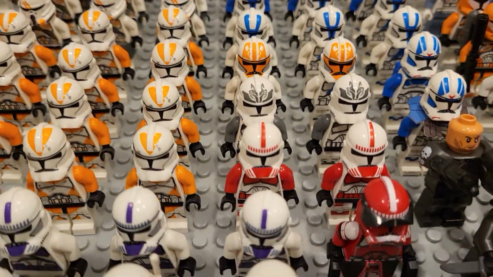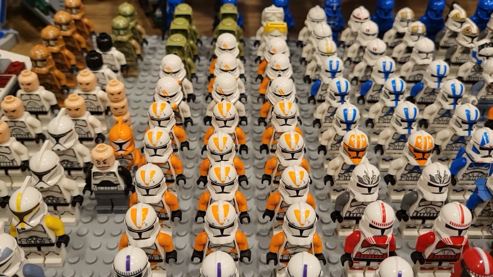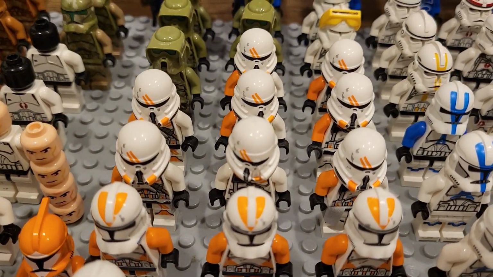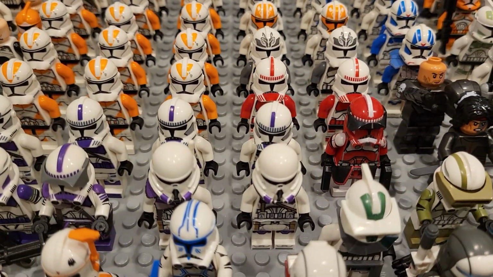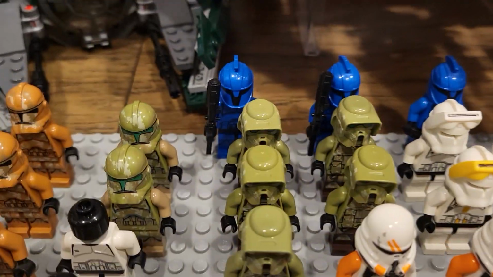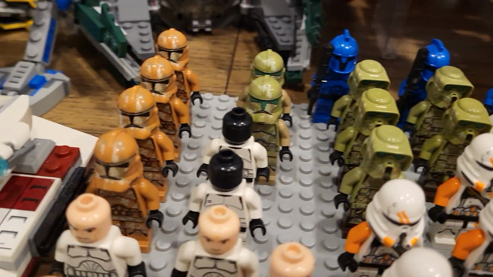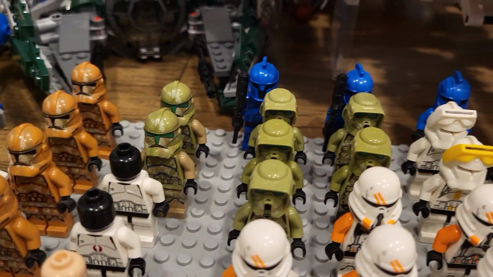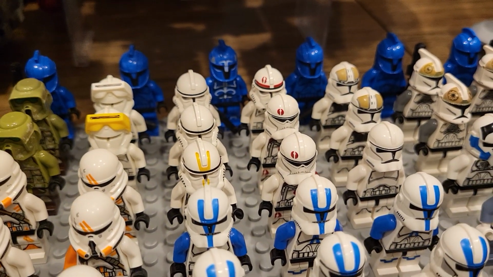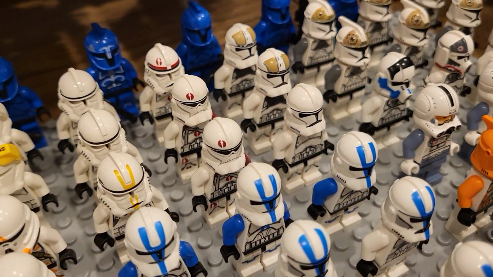Then we also have the Wolf Pack, Phase 2. And then we also have 212th Troopers, and then we have the Airborne Troopers with my misprint. And then we also have the Purple Airborne Troopers right there. Then as we slide on back, we have our Forest Troopers, and then we have our Geonosian Troopers, Kashyyyk Troopers, and then we have our standard old Episode 3 versions of these, and then we have Captain Neo and the